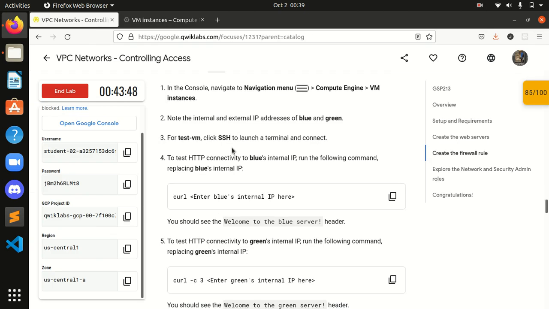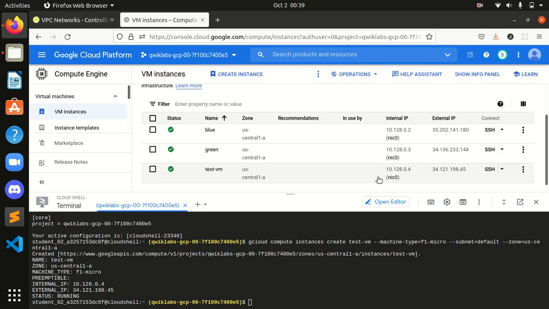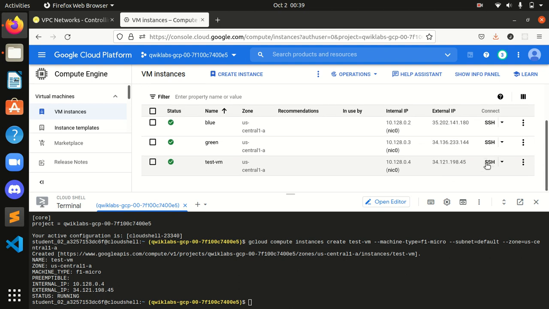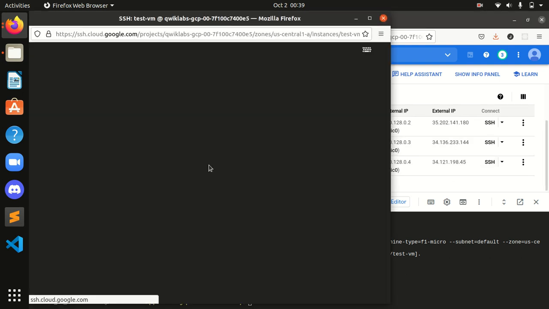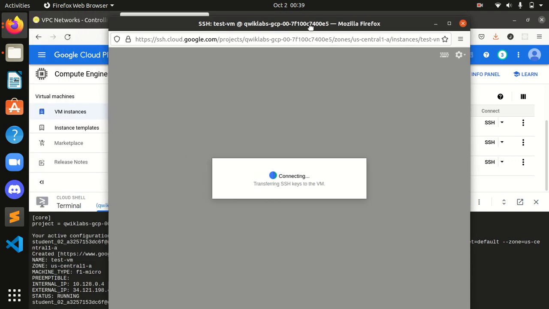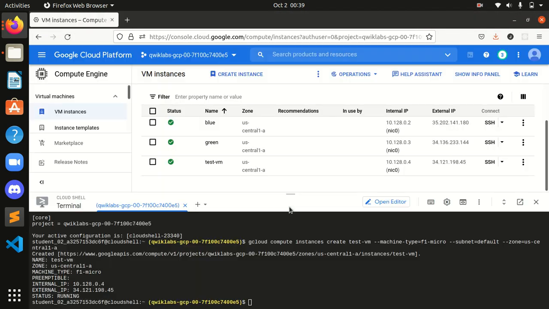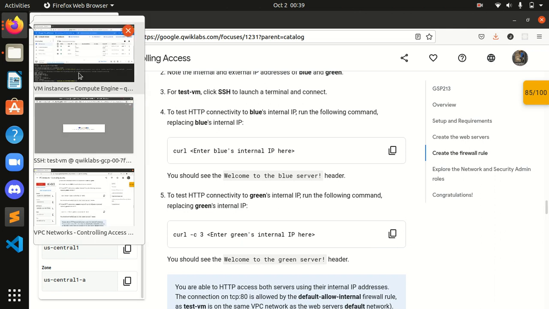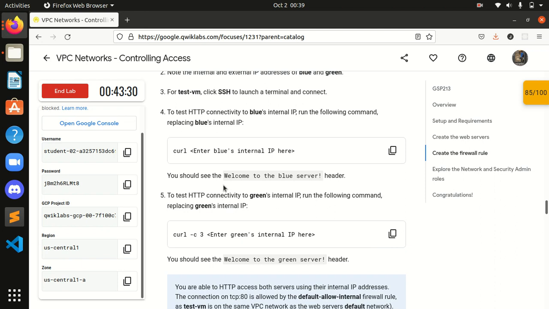For the test VM, click SSH to launch a terminal. I will click SSH to launch a terminal for this test VM and connect over here. To test HTTP connectivity to blue's internal IP, run the following command, replacing blue's internal IP.